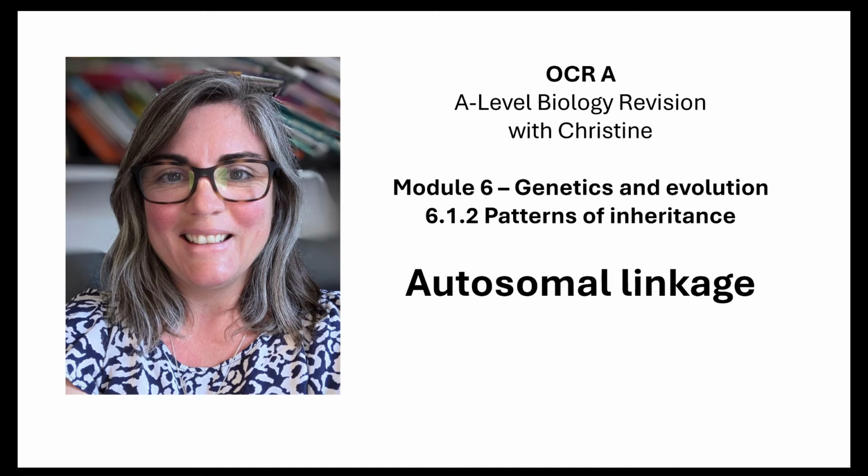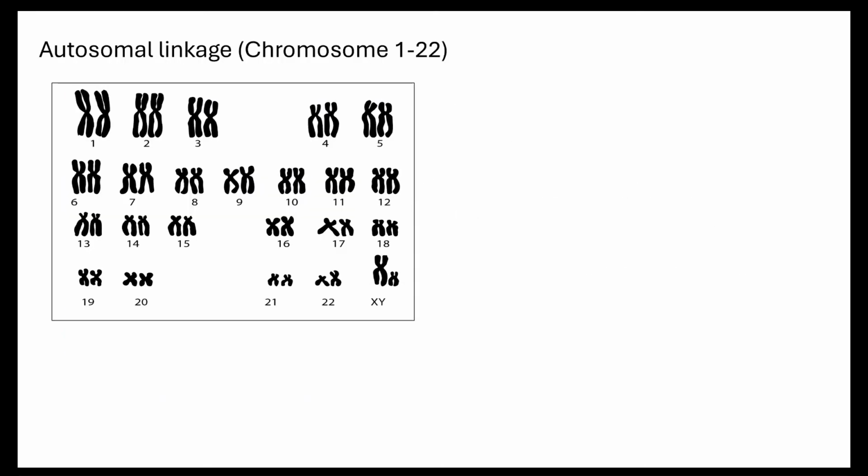So today's lesson I want to look at autosomal linkage. So let's just remind ourselves about a chromatogram. Now we know as humans that we have 23 pairs of chromosomes. If we look at the chromatogram, we can see that the longest chromosome is chromosome number 1, and we can work our way all the way down to chromosome 22, which is the shortest one, and then chromosome 23, which